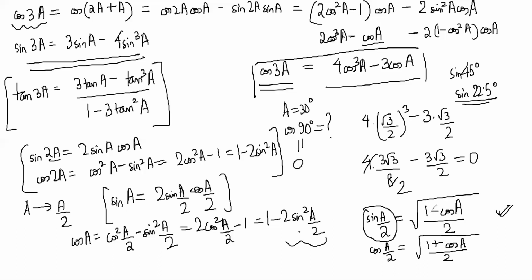So sine 22 and a half degree can be written as root of (1 minus cos 45) by 2. So 1 minus 1 by root 2, by 2, and whole root, right? So root 2 minus 1 by 2 root 2, whole root of that. Is everyone getting that? How we got it? So once you have these two formulas established and these results also with you, you can get some new angles that you all earlier did not know how to get the values of.